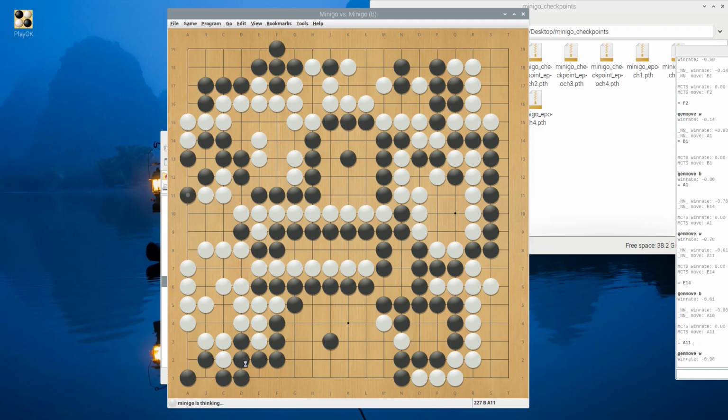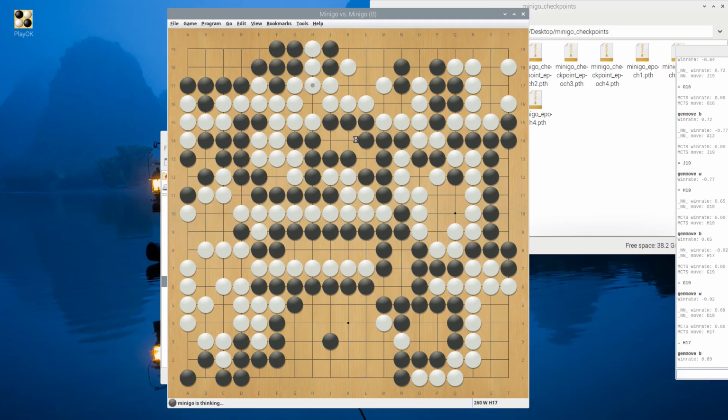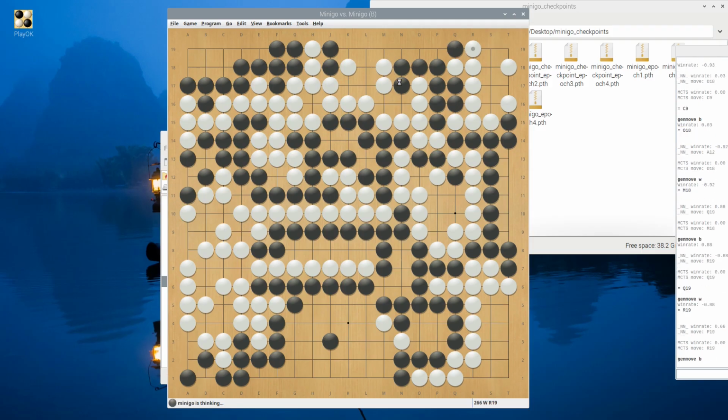Okay, what about this? This is not an eye. Can he build 2 eyes here? Black should urgently play the move over in here to build 2 eyes. If white plays here, I think this entire group is going to be dead. Okay, I think white still could kill this group, but